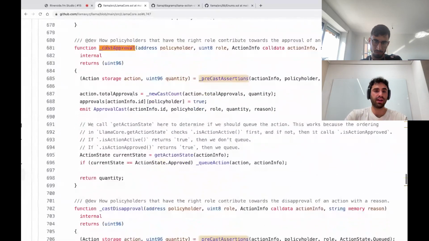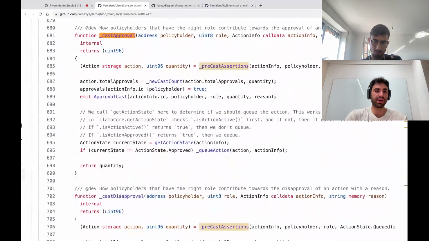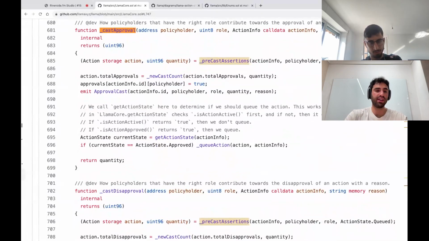You can see we do the precast assertions, and then we set approvals to true, calculate the new cast count, and then we have a check here on whether the approval actually passes. Let's say the threshold was 50%, the approval role is the grants program reviewer, and we have 6 of them.